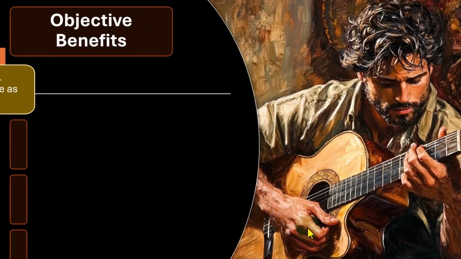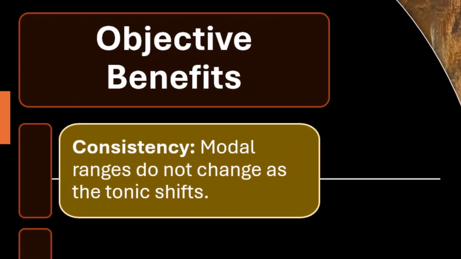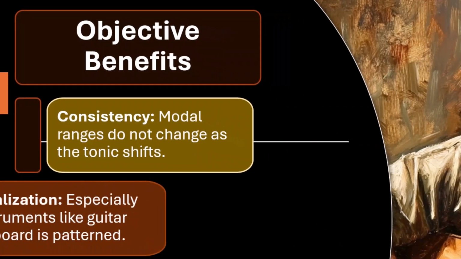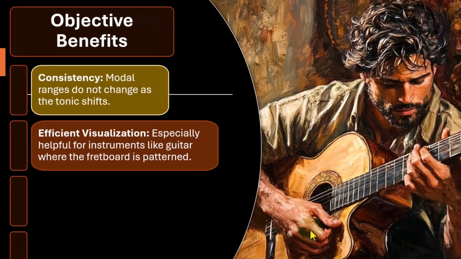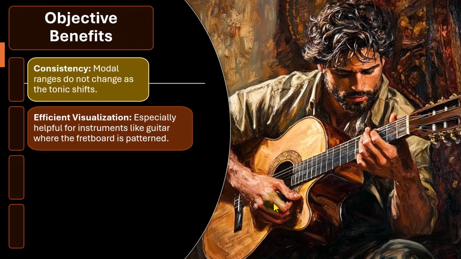Rotates. So objective benefits. Consistency. Modal ranges do not change as the tonic shifts. Efficient visualization, especially helpful for instruments like guitar, where the fretboard is patterned. It's similar to most instruments, including the piano, although the piano does have differences because it's not completely symmetrical, but